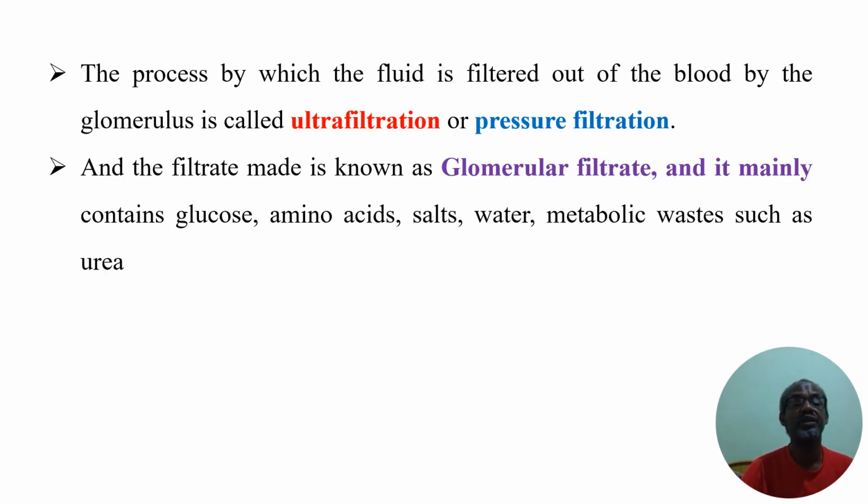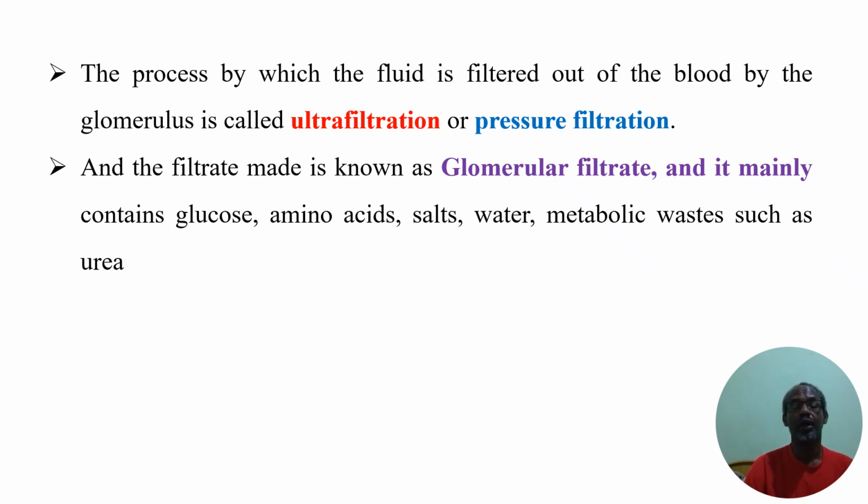The process by which the fluid is filtered out of the blood by the glomerulus is called ultrafiltration or pressure filtration, as we have mentioned earlier. The filtrate made, the fluid that has been forced to come out of the blood, is known as GF or glomerular filtrate, and it mainly contains glucose, amino acids, salts, water, metabolic